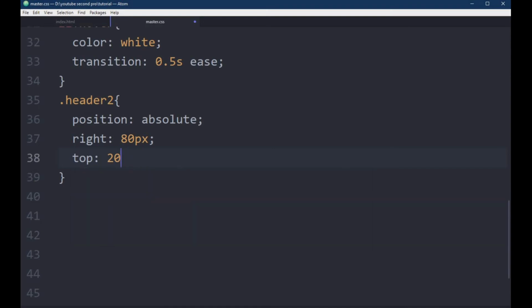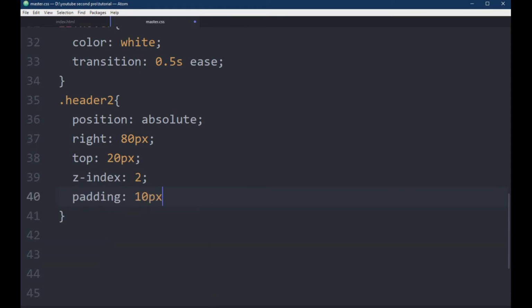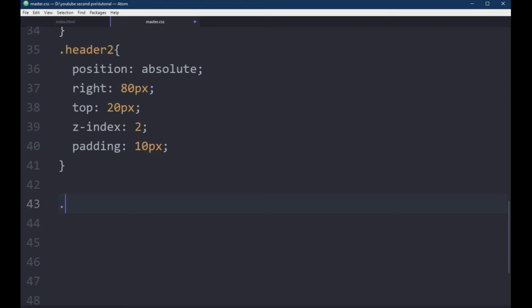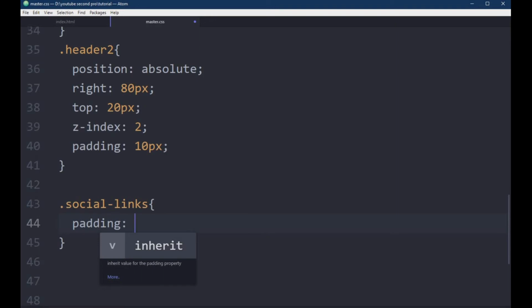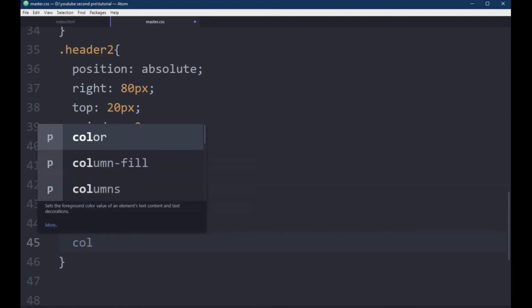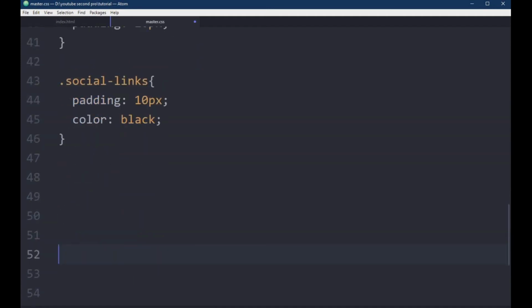20, and then we'll give it a z-index of 2 and padding between all these links about 10 pixels, and then I will target the class of social links which I gave to the anchor tags, and we'll give a padding of 10 pixels. We'll give a color black,